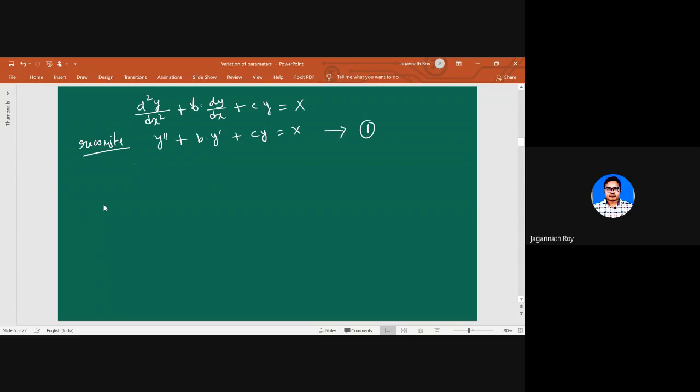Then for CF, we will take y double dash plus b into y dash plus cy equals 0. Call it 2. So if we solve it, then the CF will be, let us call it the general solution of this equation. Note that the general solution of equation 2 is actually,